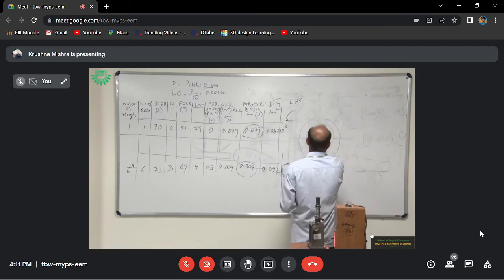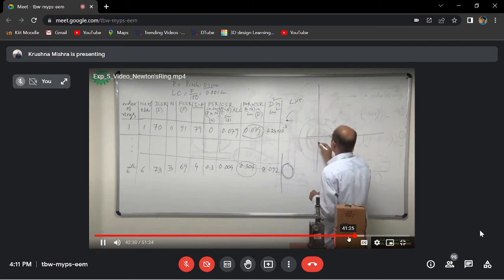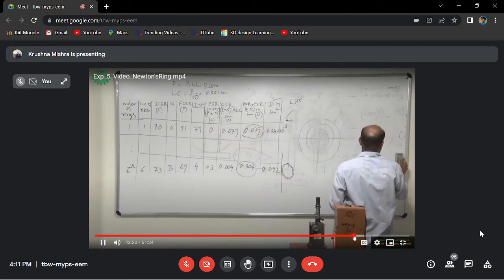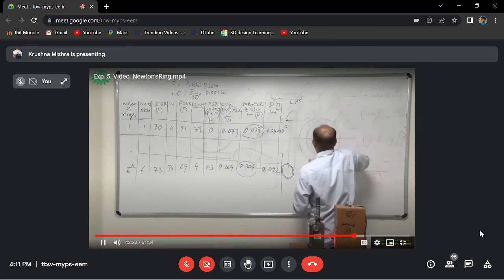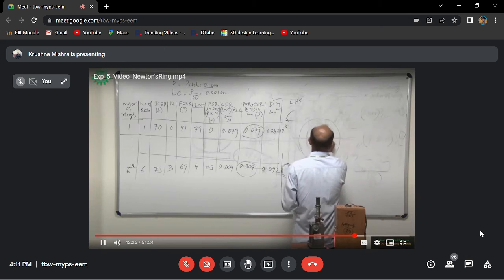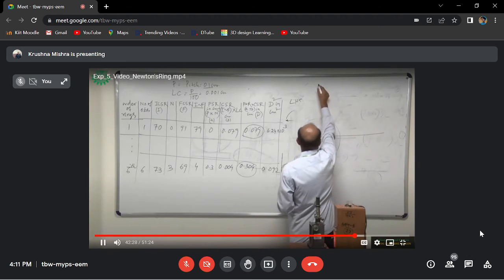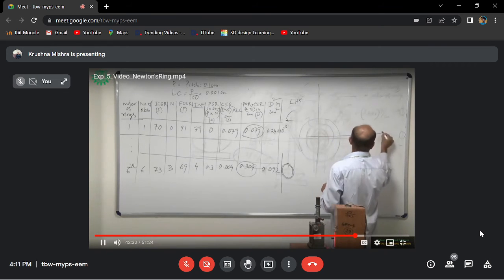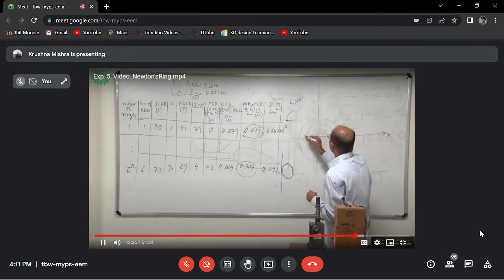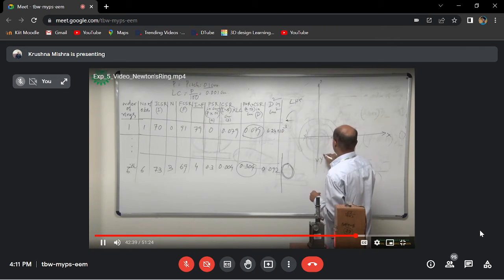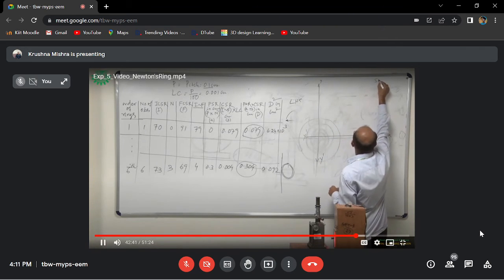So along this is 0.30 square column. Accordingly, we have to choose the scale. So along this is the x-axis and this is the y-axis. We will find a scale here.